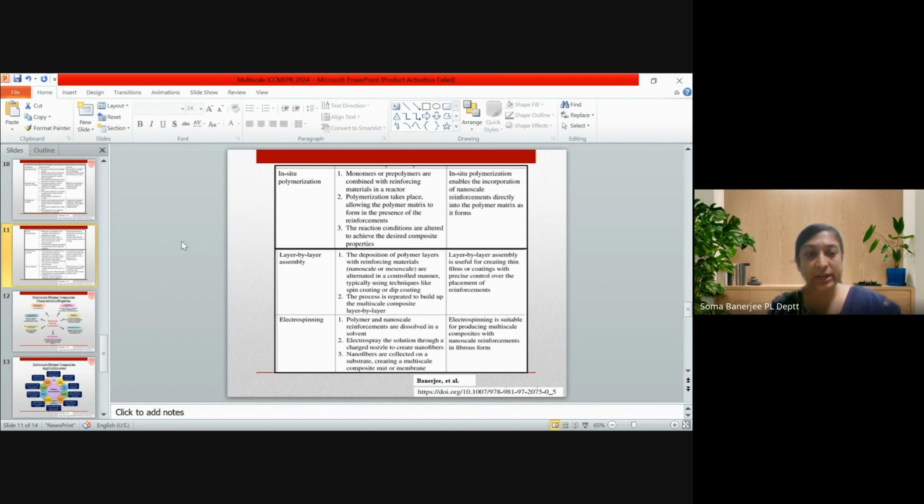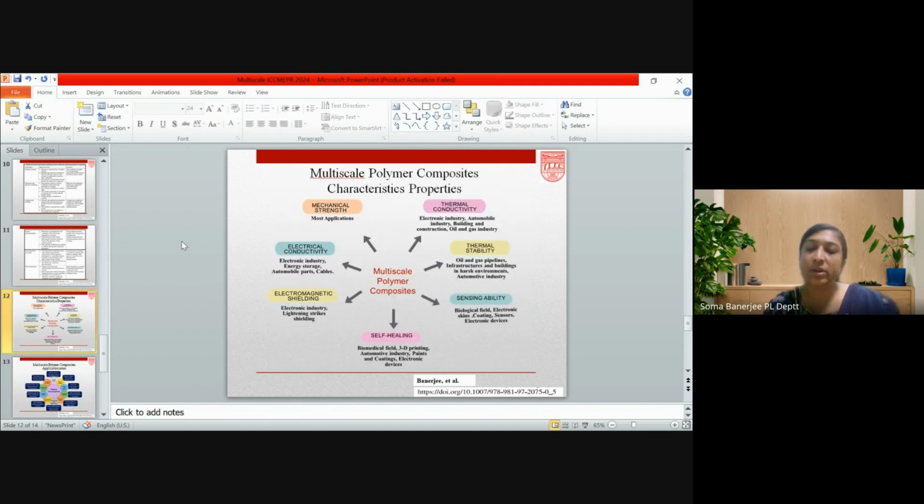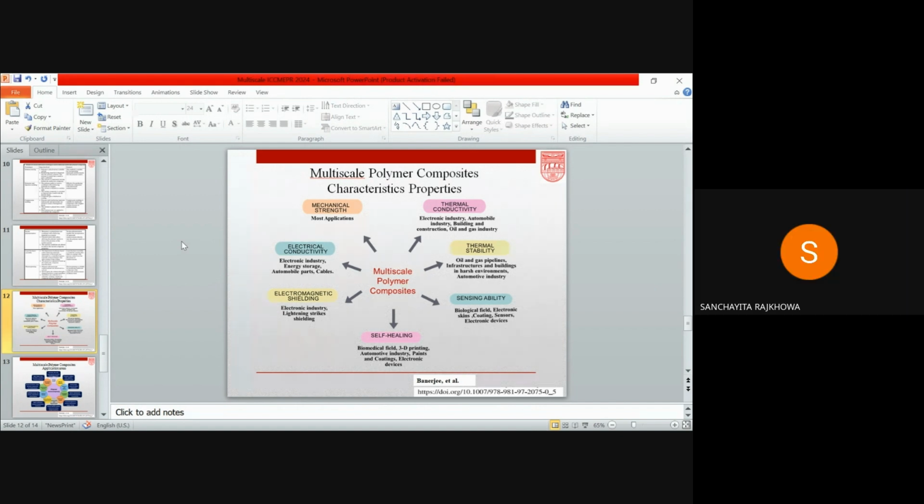And finally, the electrospinning. One of the most important questions is why we are going from the conventional to the multiscale polymer composites. Well, the answer is that we get the synergistic effect very well. We can add on the property or the synergy of both types of fiber. For example, if I take the case of electrical conductivity, many researchers have found that